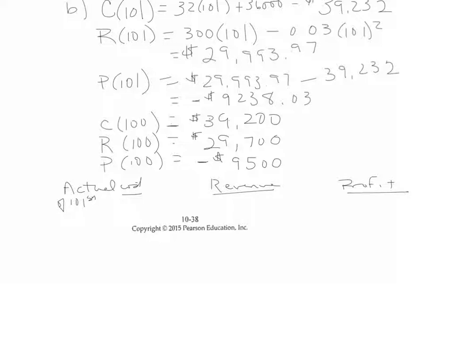I could take the cost of the 101st unit, which was $39,232, and subtract the $39,200 from it. And what do I see was the actual cost of the 101st unit? $32. If I do the same thing on revenue, that's $29,993.97 minus 100 units cost $29,700, and I get